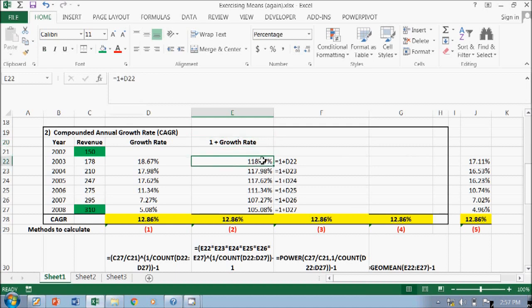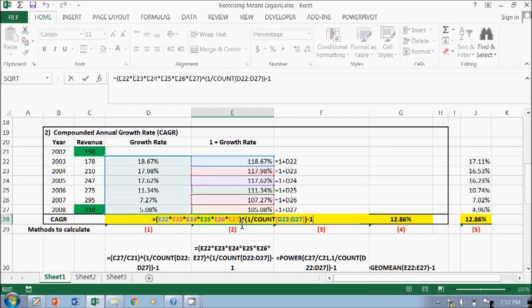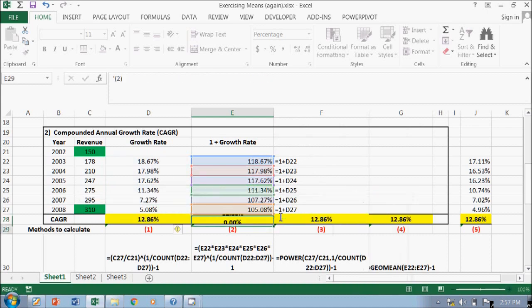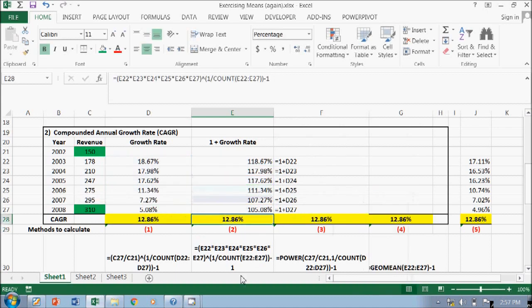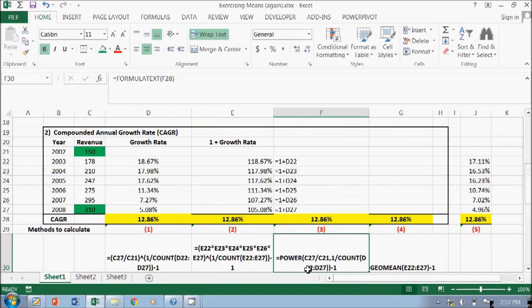This one is 1 plus D22, this one is 1 plus D23, and once I have that, I multiply them each year, you can see, and then I raise to the power of 1 divided by the count of these. You can change it with E if you want, no problem, and then you minus 1. Hopefully you can see the formula. And then the third formula, I will use the power. It's not really difficult.